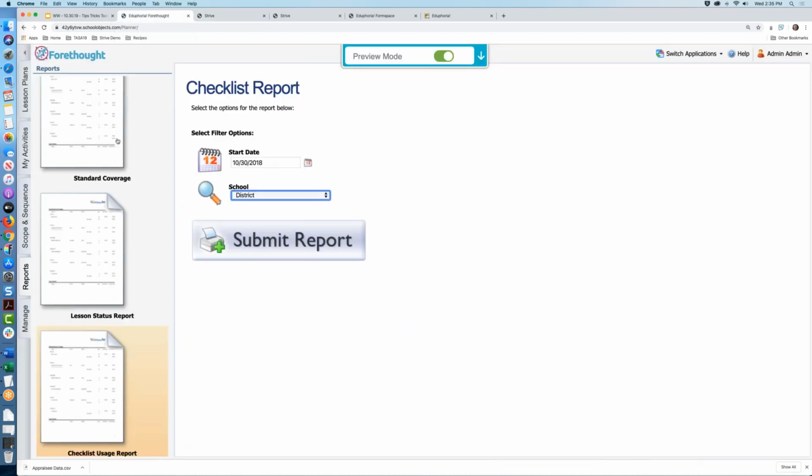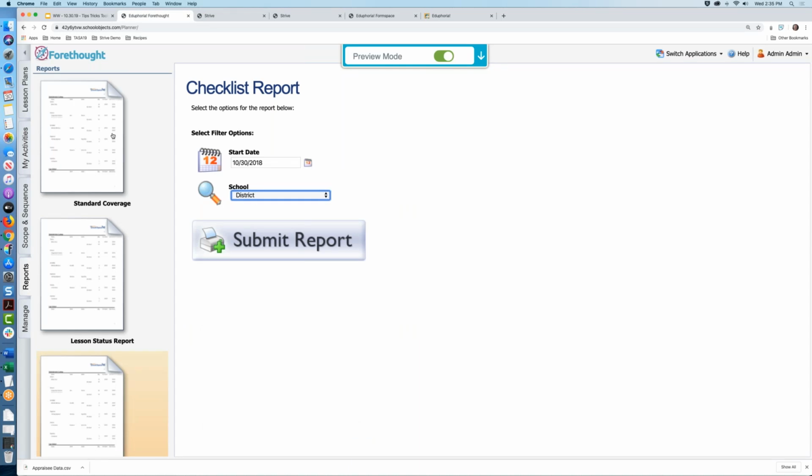Oh, that's a good question. The checklists themselves are part of, so they're in the same box, if I'm in there as a teacher